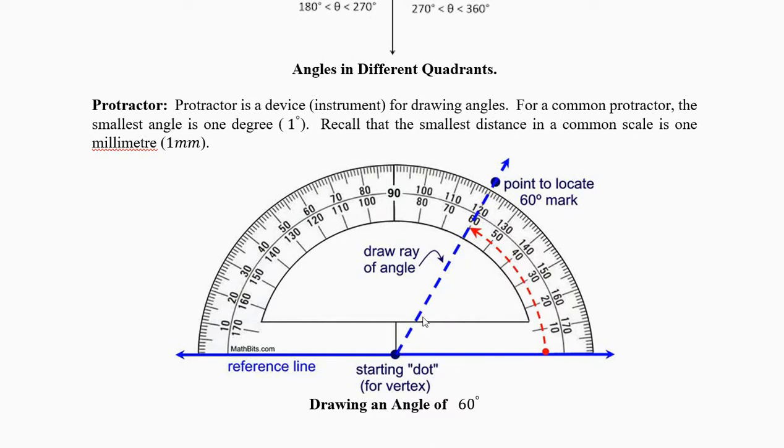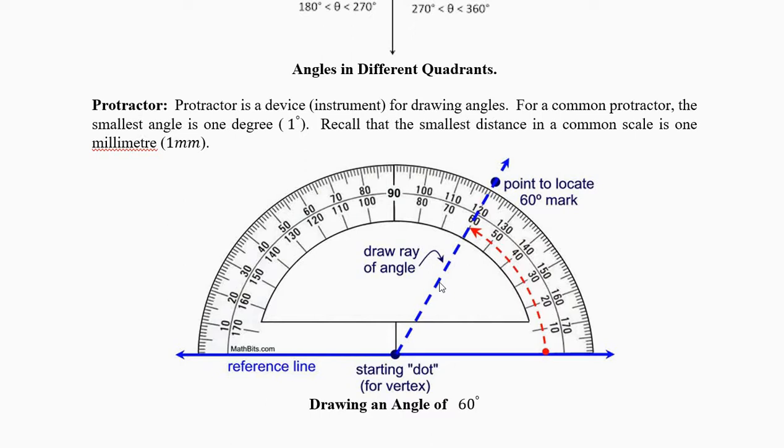Now you decide if the line is 2 centimeters, it will stop here. If it is 3, it will stop here. If it is 4 here, if it is 10 centimeters, it will stop here. If it is 20 centimeters, it will be somewhere outside the paper in this drawing. So this dot will determine the angle, not the distance. If the protractor is small, your 10 centimeters will be outside. If the protractor is very big, then your line will be inside the protractor. So the protractor is for the angle, not for the side, not for the line.